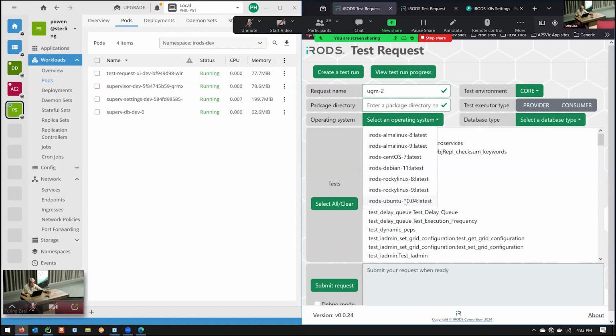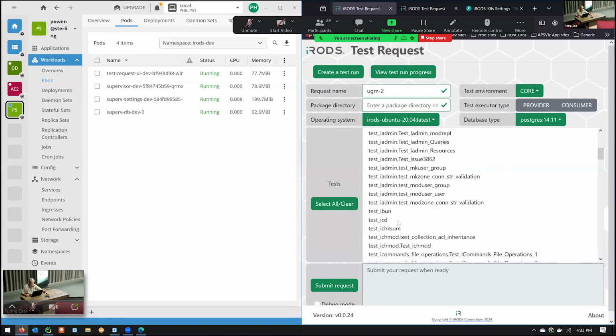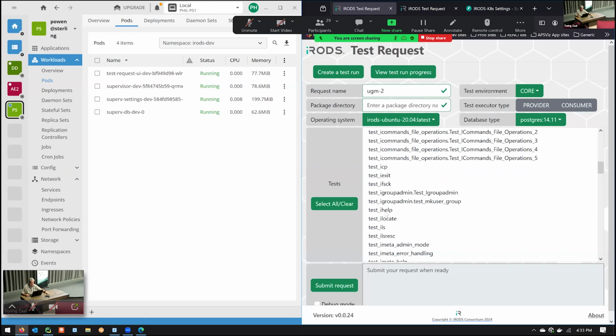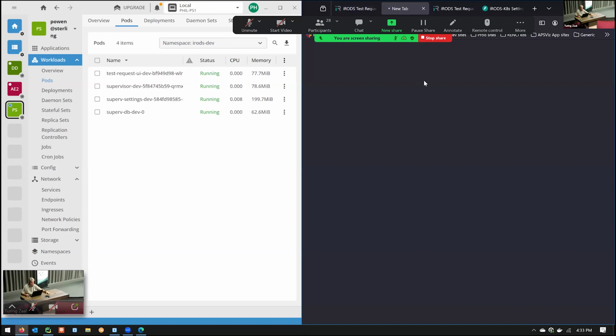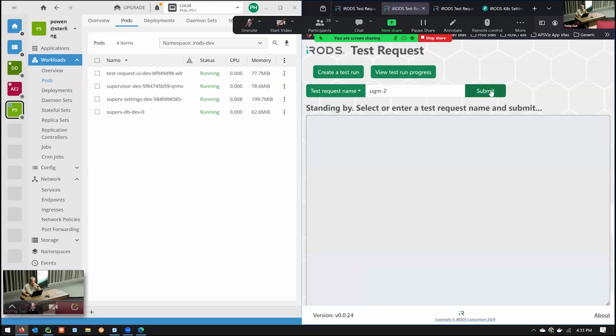So I'm going to select an Ubuntu 20.04 version for the provider. And for the database, I think I'll select Postgres 14.11. Then I'll run a really quick test. I know that runs quick. I'll select iHelp, and I'll submit the request. Oh, I forgot to pick where I want to do the test, so I'll do the test on the provider, and then I'll submit the request. Another page comes up here where I can start watching how this is going to progress. Any second now,